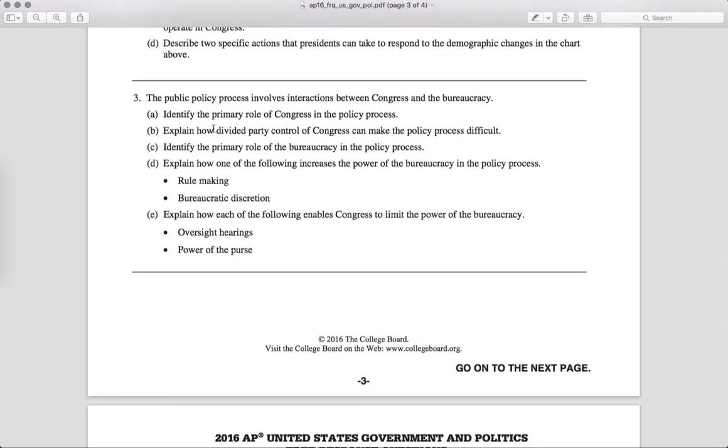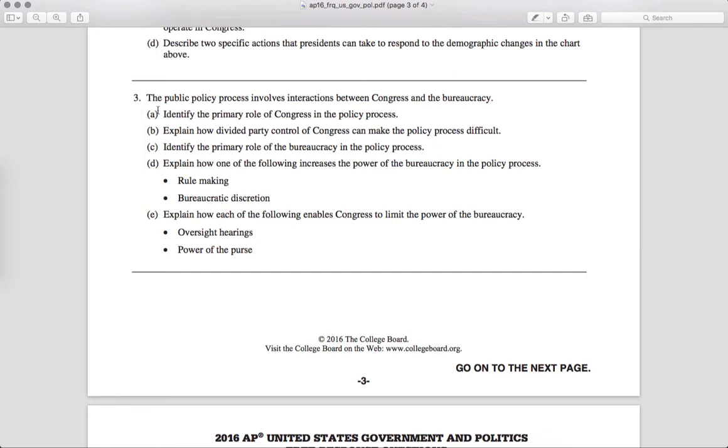They'll give you a tablet and at the top will tell you where to answer each question. So now we're going to flip over to the place where we're supposed to answer question 3. And the question reads, the public policy process involves interactions between Congress and the bureaucracy. Just a little reminder, policy means decisions made by the government. That could be laws, it could be rules, it could be a court decision, but any official government decision is